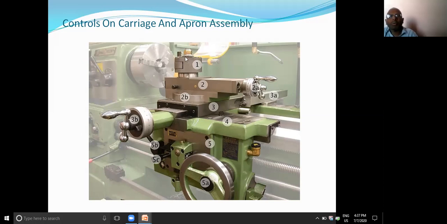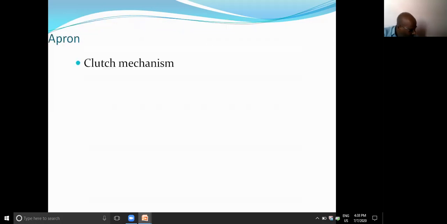With the help of this, observe carefully. Here is the total lathe machine system. On that total lathe machine system, only the required carriage is highlighted, observe, in a green color picture. This is the tool post system. This apron has a clutch mechanism.